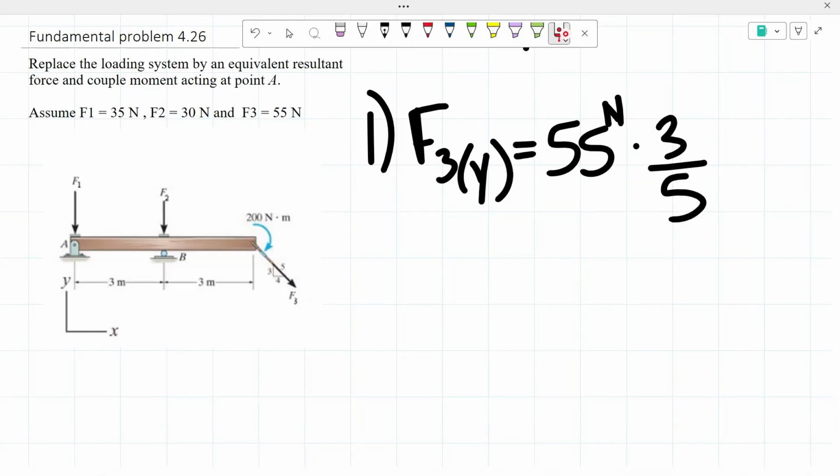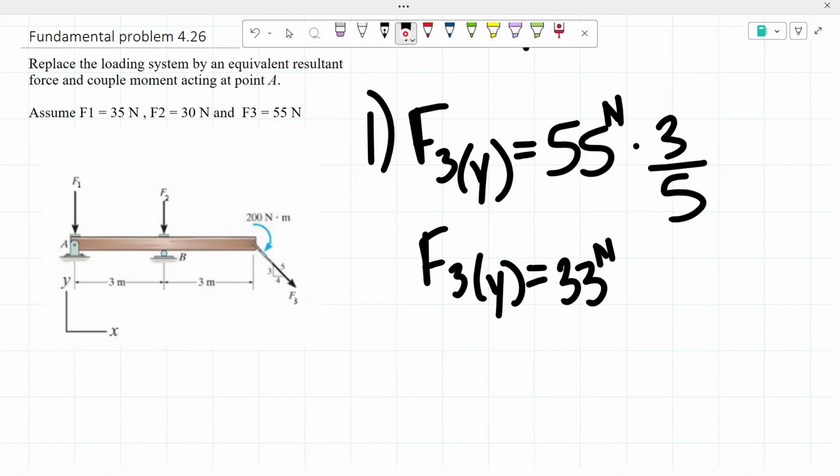Since we're using the force of the hypotenuse, that's why we put the 5 at the bottom, and we're trying to find the vertical side, which we know is a side of 3. So we have 55 times 3 over 5, giving us that F3y is equal to 33